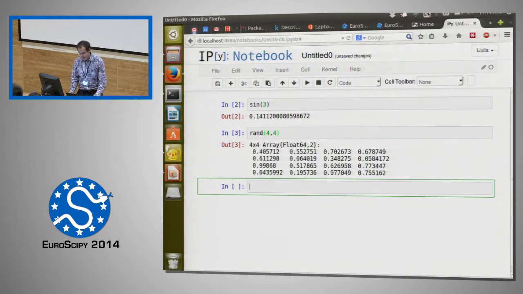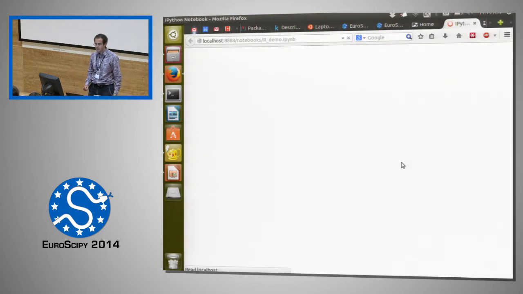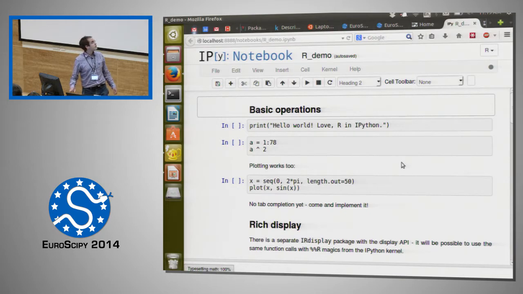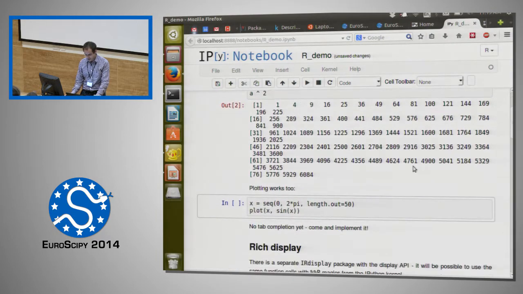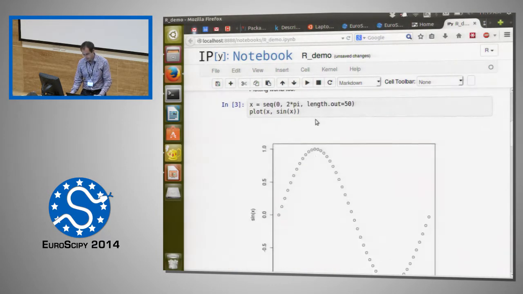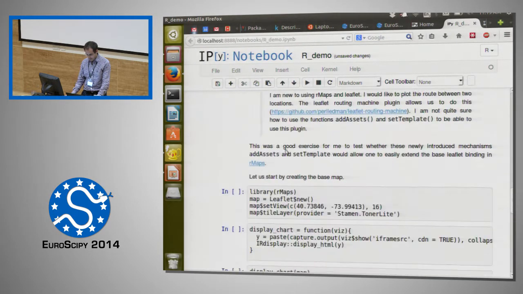The information about which kernel the notebook is using is embedded inside the notebook document as well. So if I reopen this R demo notebook, you see that the kernel indicator up in the top right has automatically switched to R. I didn't have to reset that manually. And I can start executing R code. The R kernel is something I started, and I'm gradually getting the R OpenSci community interested in it. Rich output plotting and things works here, and somebody,